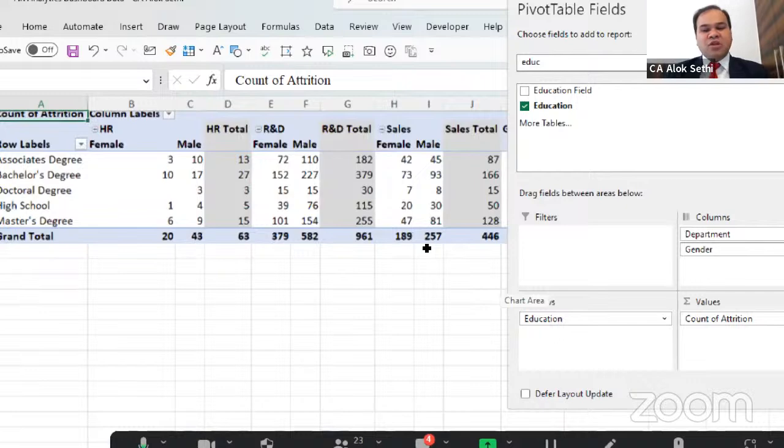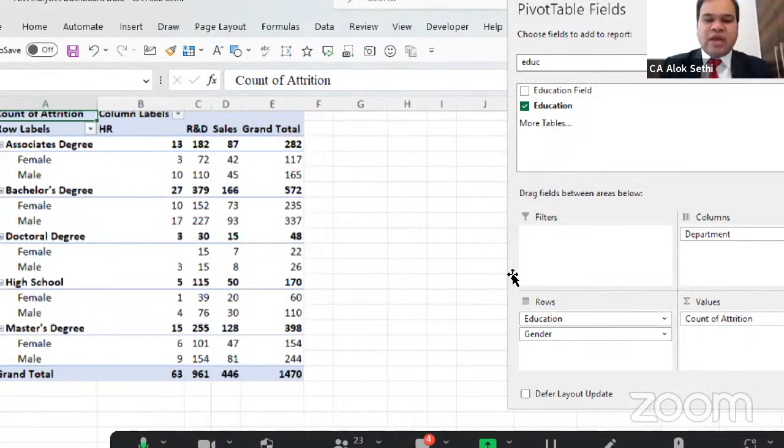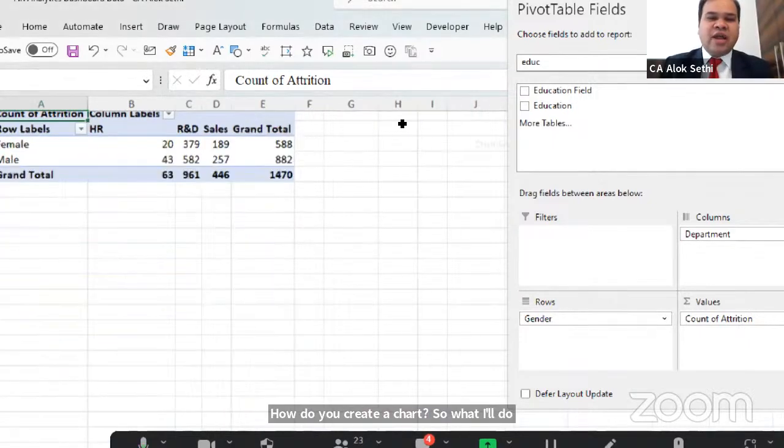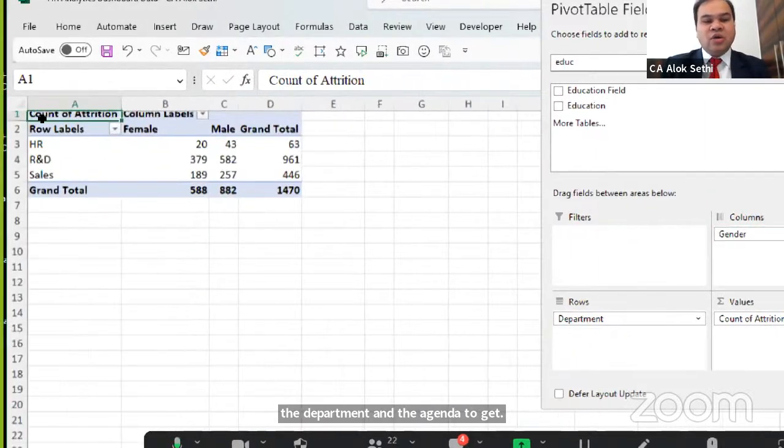ठीक है. नाउ कमिंग टू द नेक्स्ट task of creating a chart. How do you create a chart? So uske liye what I will do is I will just remove this education and I will just keep the department and the gender. Okay, I will just keep the department and the gender. Now when I click on the pivot table,